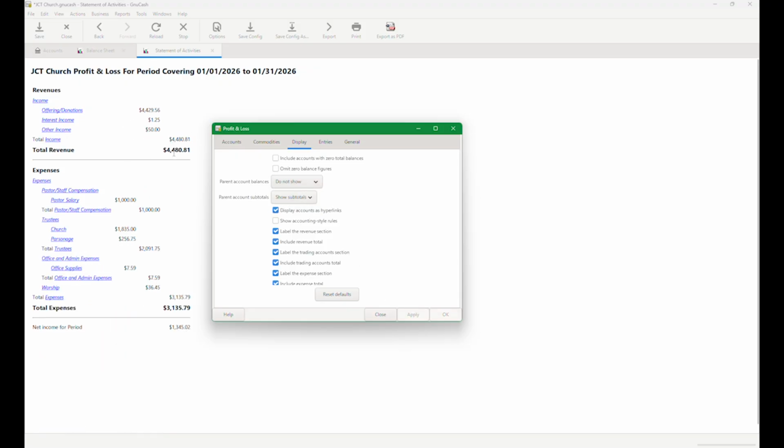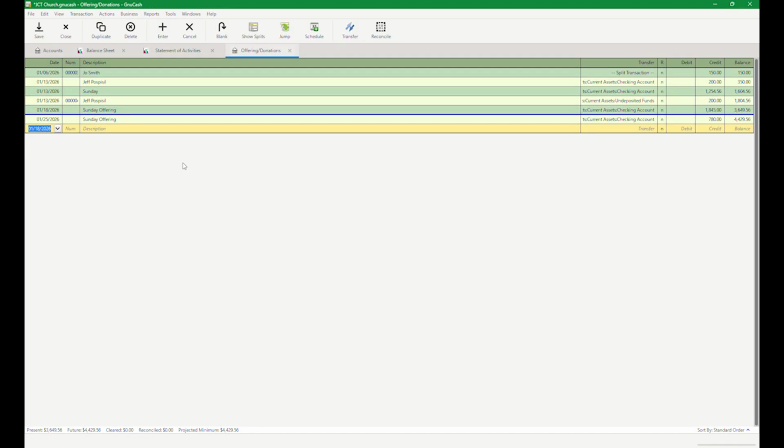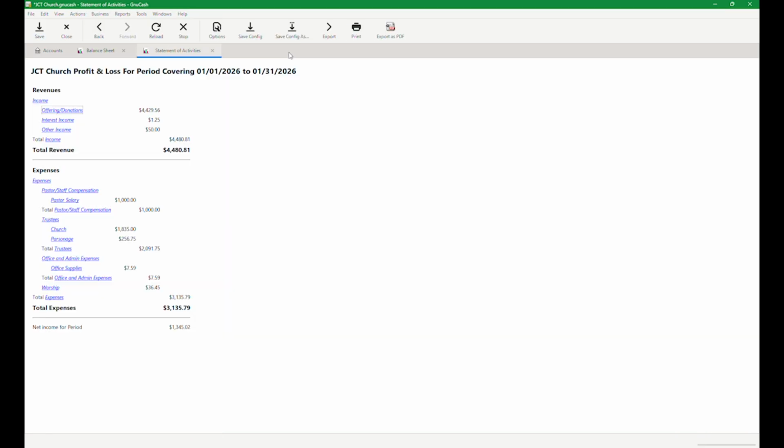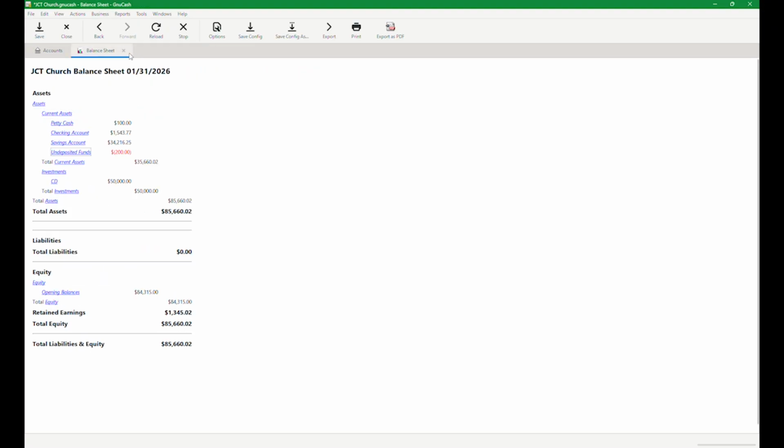That shows me the income pretty easily, shows me the expenses. Not a bad report. And again, if I could save it, and it would be okay. Again, I would like it to be comparative or show you the current month versus the year to date, but those would just end up being two separate reports. Okay, so I think I've seen enough